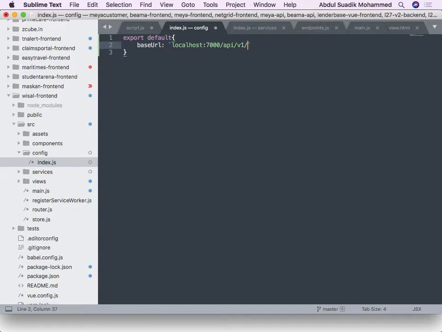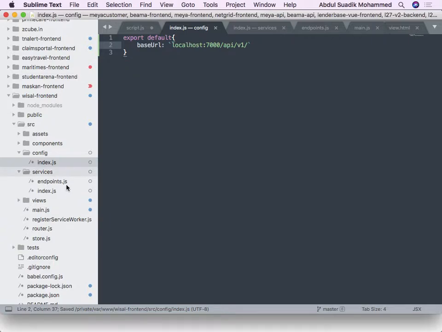I hope this is how it is, right? So here I'm going to import